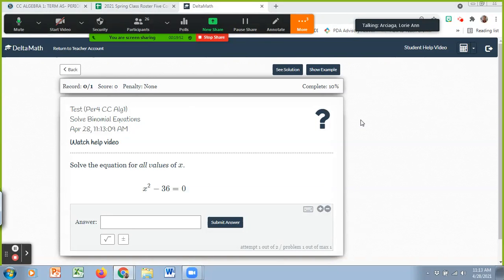Okay, so we have x squared minus 36. Okay, you gotta help me with this, guys. This one is a little easier. You toss the 36 right here. What will happen to the sign? It will become